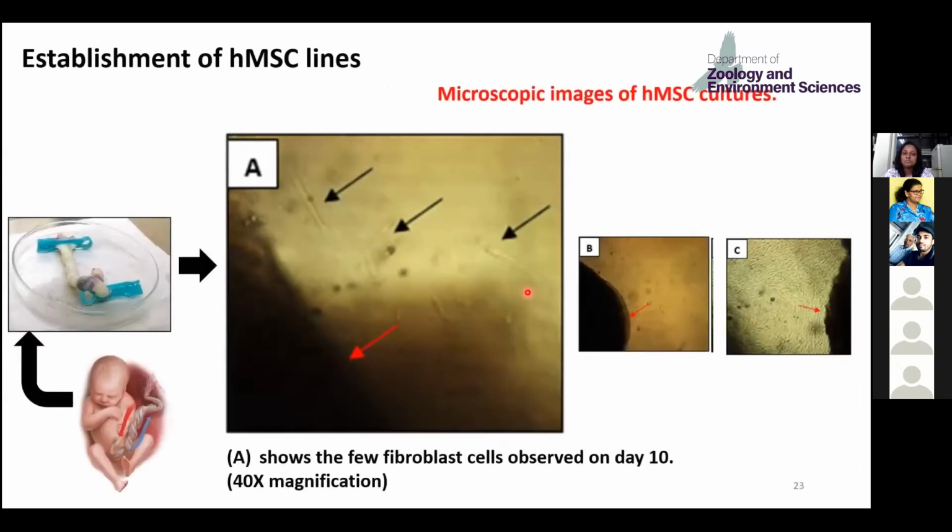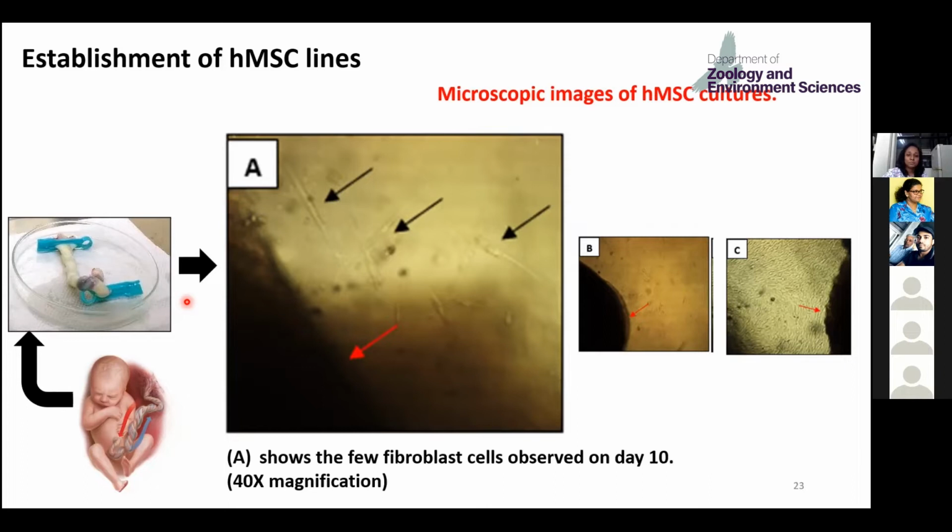So, establishing human mesenchymal stem cell lines. As I said before, we collected human umbilical cord after a cesarean section, and then we transported it sterilely to our department, to our cell culture facility at CRL, and then this human cord tissue was washed and sterilized, and then the arteries and veins were removed, and the tissue was chopped into small pieces, and then